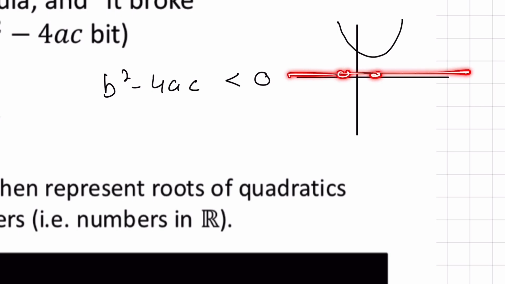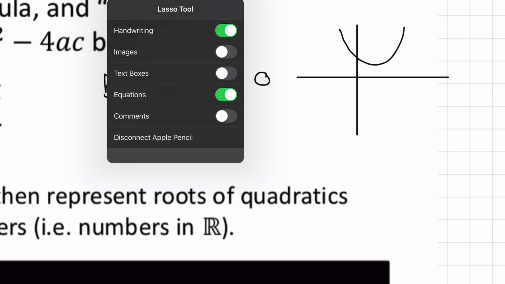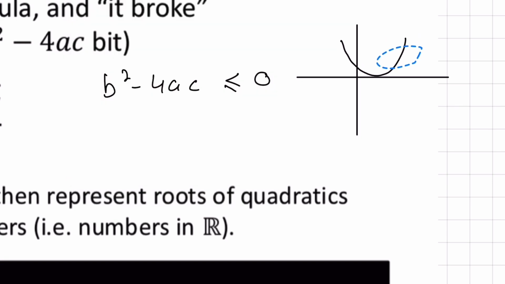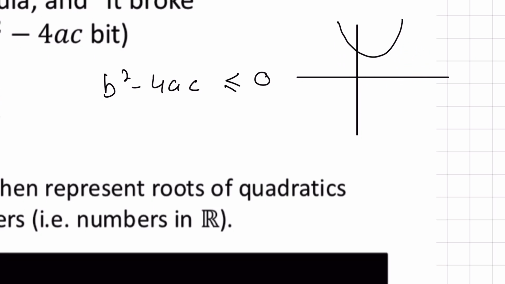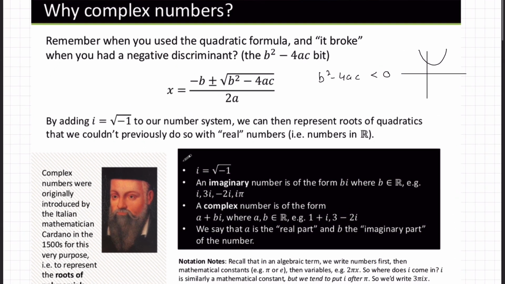give us no roots. And if it equaled 0, for example, we would have 1 root if we touch it, like so. And if it was greater than 0, we would have, in this case, 2 roots. So that's a look back at GCSE. But in the case here, if it's less than 0, we have no roots. Now,